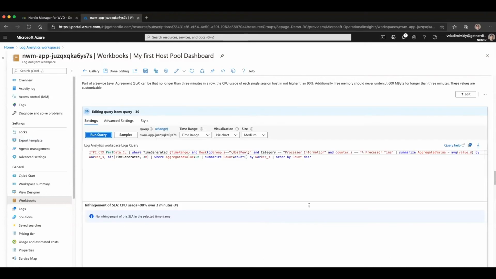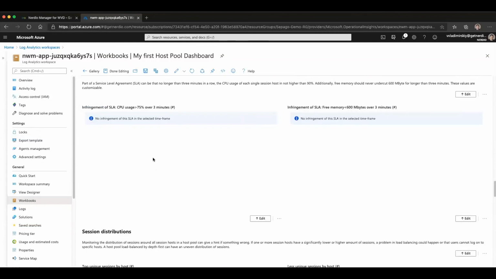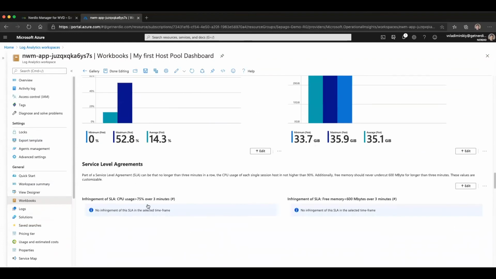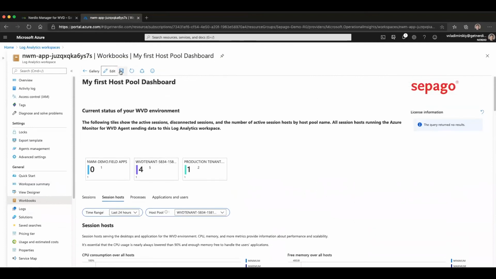We can go ahead and change this, and let's say instead of 90%, we want to look at CPU exceeding 75%. So we'll change it in the query, and then we'll go under advanced settings and make the change to 75, just so the label is correct. We're going to click Done Editing. And then once we're done making all of these changes, we are going to click on Done Editing right here. Then we're going to click on the Save button, which is going to save it back to my first hostful